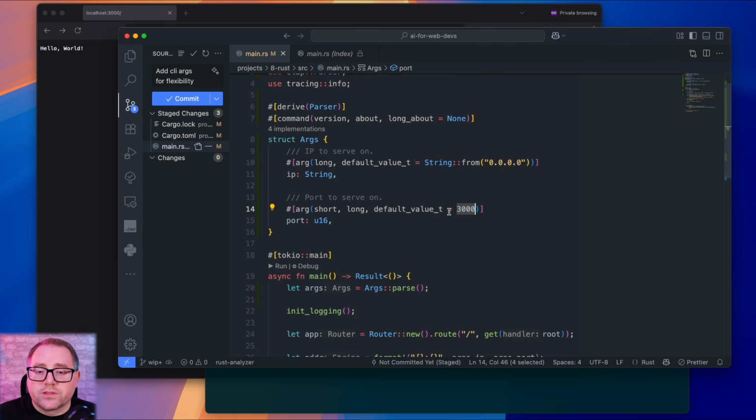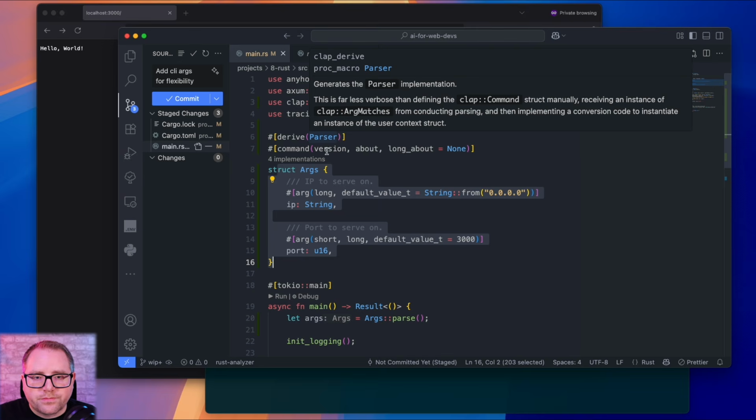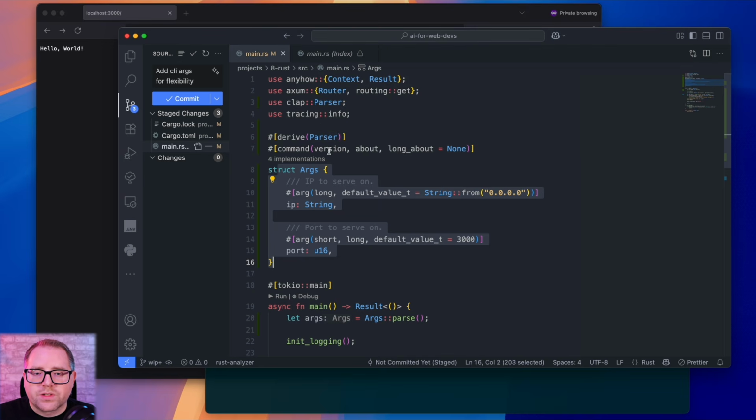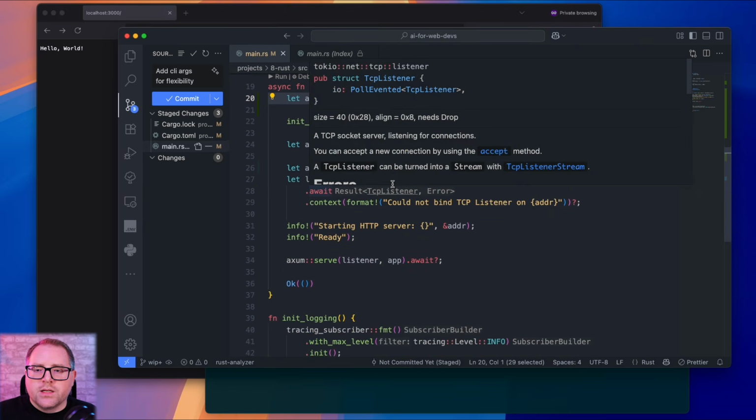So it's going to default to 3000. So this is our struct. We're deriving the parser, and we're also going to have our command line helpers here. So, long about, we're going to pull over from our package, our cargo. And then we're also going to parse the args here at the top of our main.